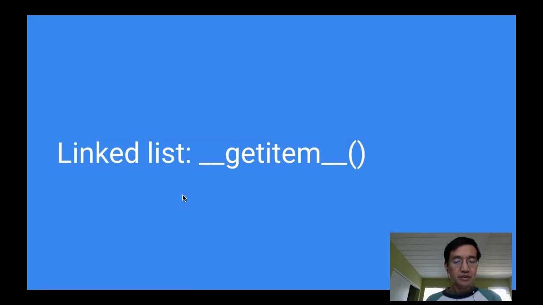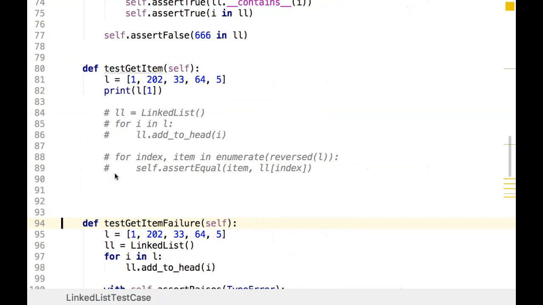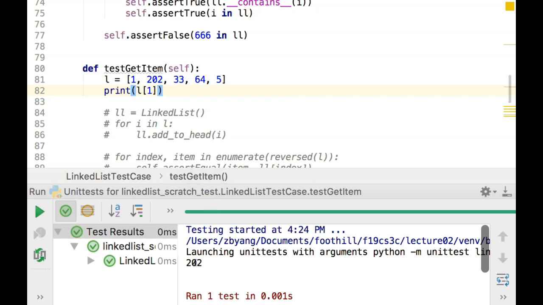Hi, in this video, we are going to talk about __getitem__ in the linked list. As you are very familiar with already in a Python list, we can use the bracket and give it an index to be able to retrieve a single item from the list. Let me run that, and obviously, when we retrieve the item at index 1,